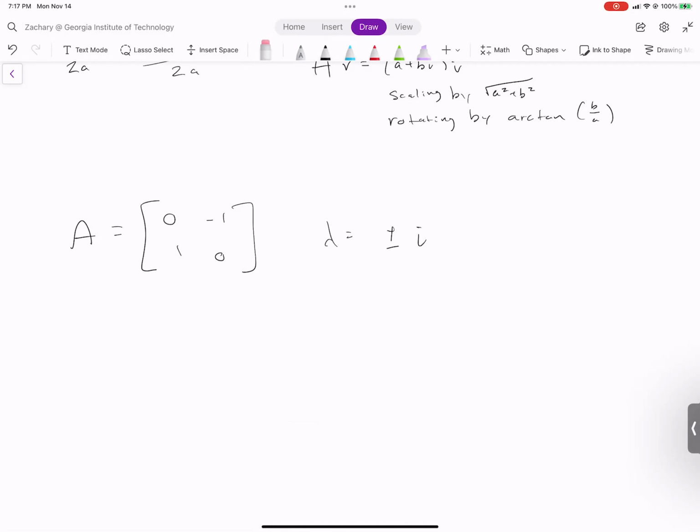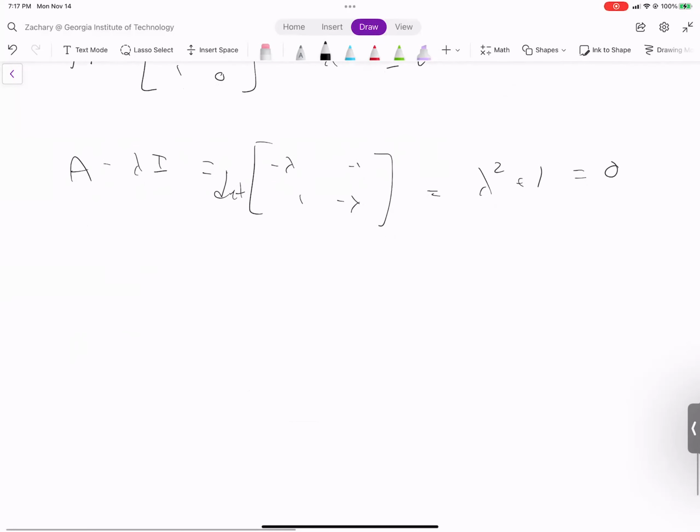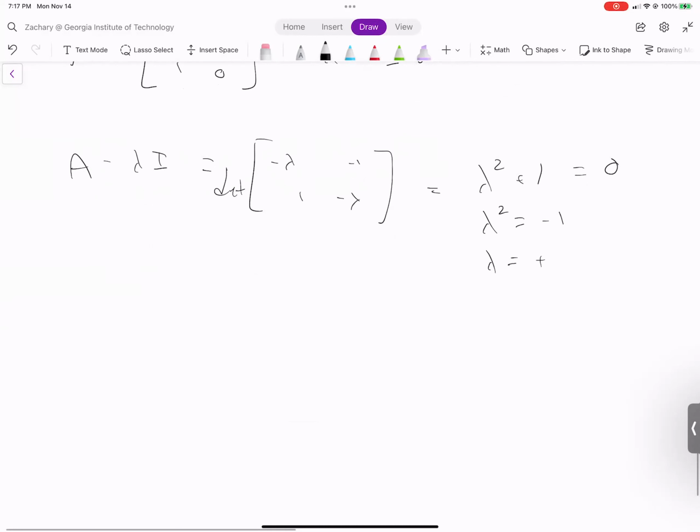But again, just to look at it, we take the determinant of A minus lambda I, which is negative lambda, -1, 1, 1, taking the determinant. And this gives us lambda squared plus 1 equals 0. Lambda squared equals -1. Lambda equals plus or minus i. Same thing, more math, whichever way works. If you get your exam back and you did a little trick like that and they count it wrong, let me know.